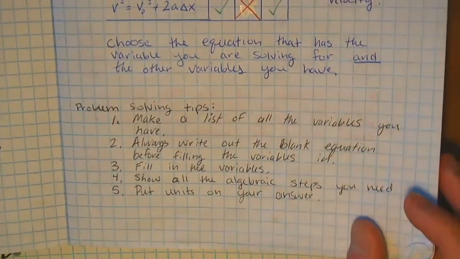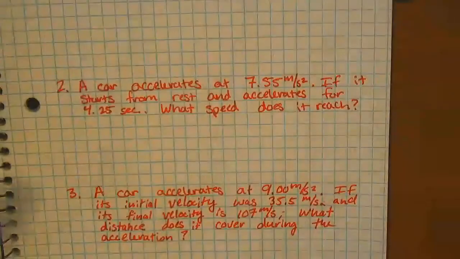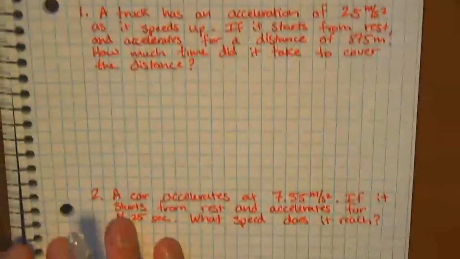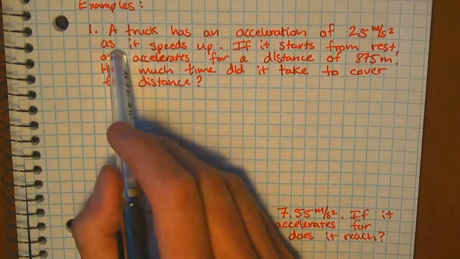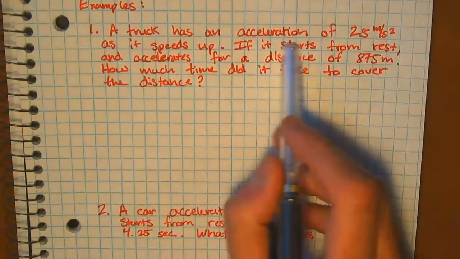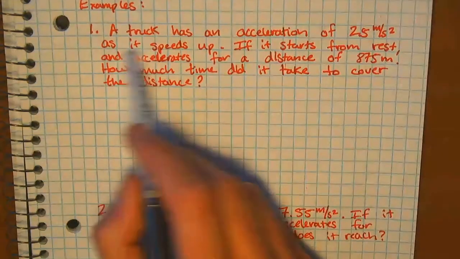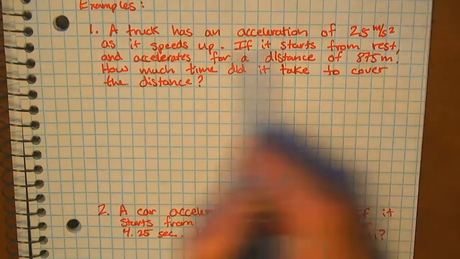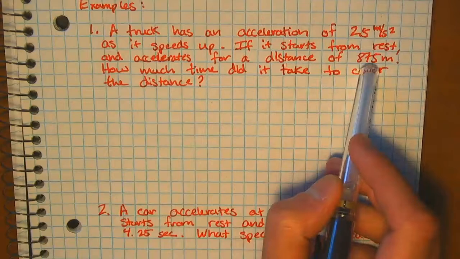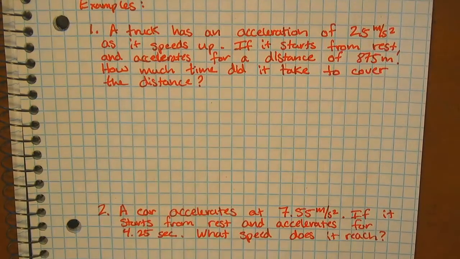With that, let's practice a couple problems. So here's the first problem that we're looking at. A truck has an acceleration of 2.5 meters per second squared as it speeds up. If it starts from rest and accelerates for a distance of 875 meters, how much time does it take to cover the distance? Okay,